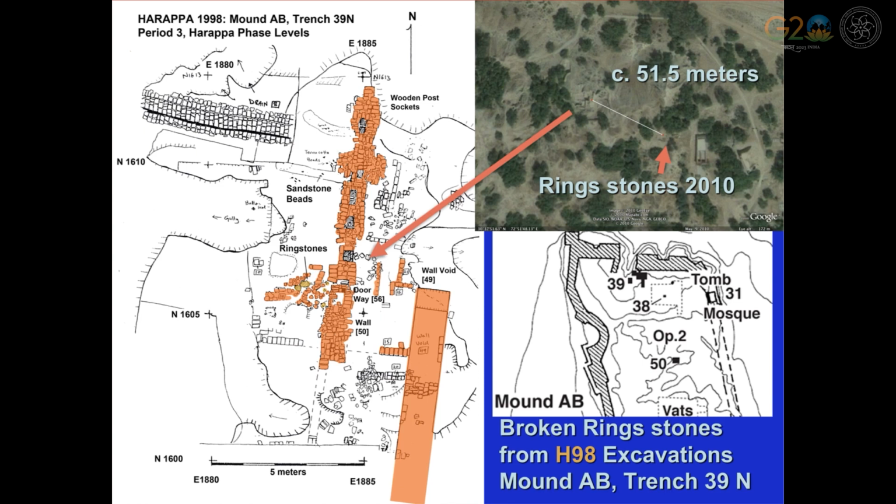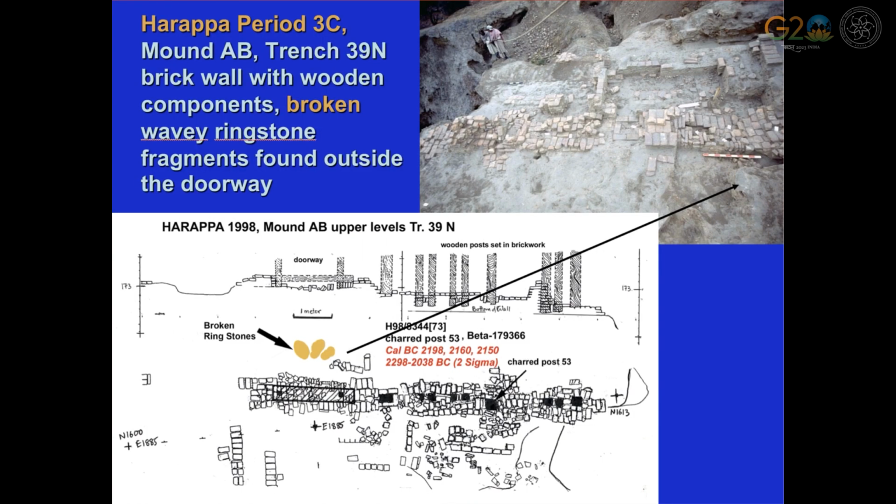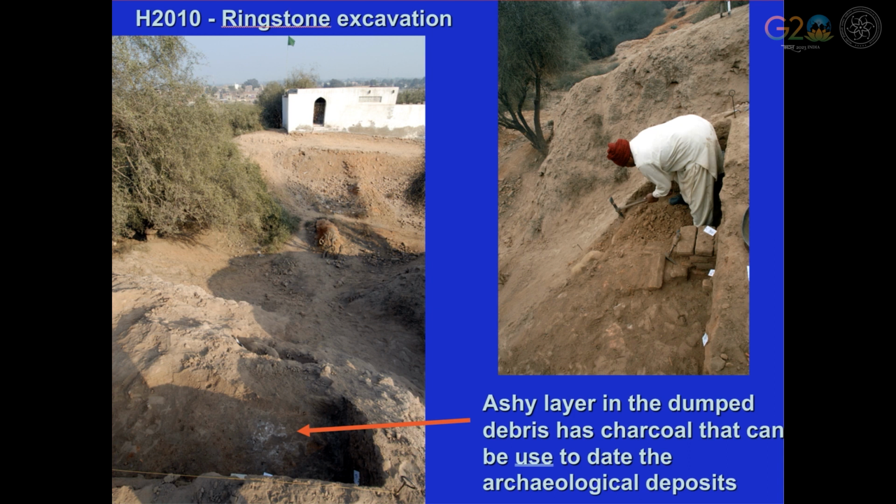And I'm talking about this because this structure shows the combination of wood and brick architecture, but it also shows the use of ring stones, which these are broken ring stones that were thrown in front of the doorway. The doorway is here, and the ring stones are here, that were used as stepping stones outside of the structure. So the ring stones were old and broken. They were reused to keep people from stepping in the mud. So ring stones were also incorporated into the combination wooden and brick architecture,